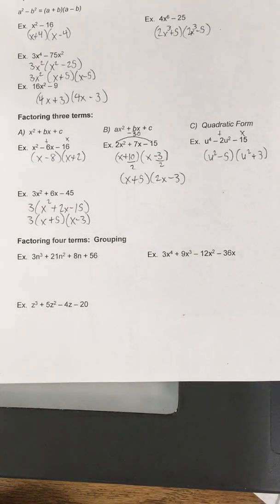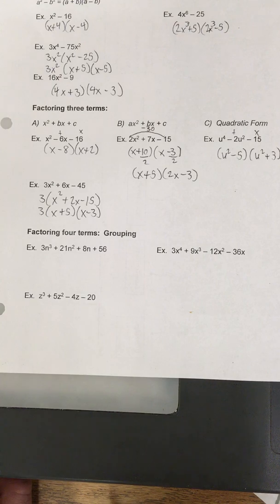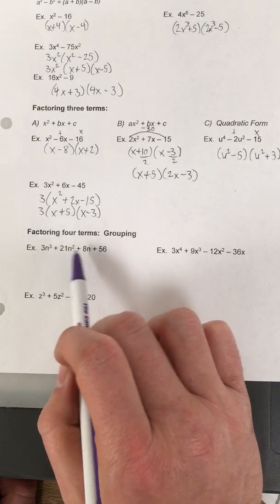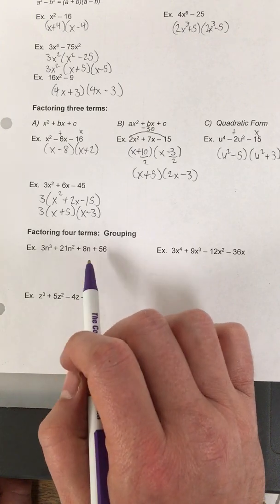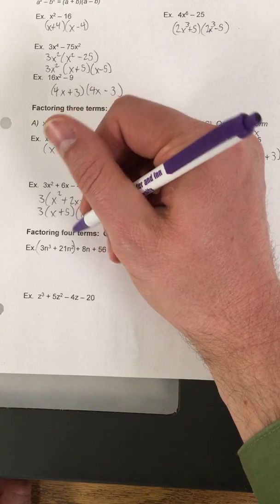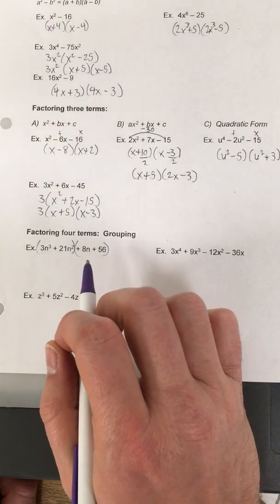If I have 4 terms, we looked at 2 terms, we looked at 3 terms. What if there are 4 terms? Then I want to try to use something called grouping. So if you look at this first example, is there a GCF for the whole problem? No, there is not. So I'm going to split it up into 2 groups. I'm just going to put parentheses